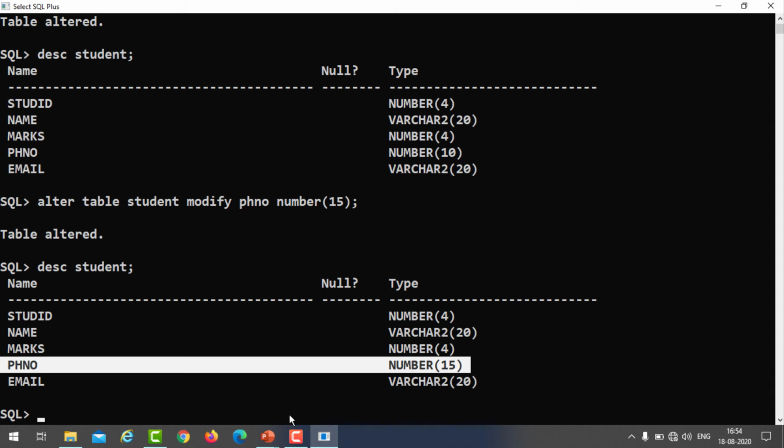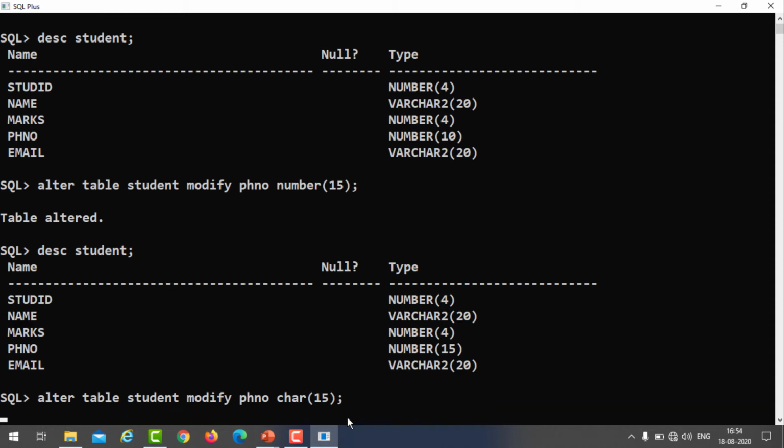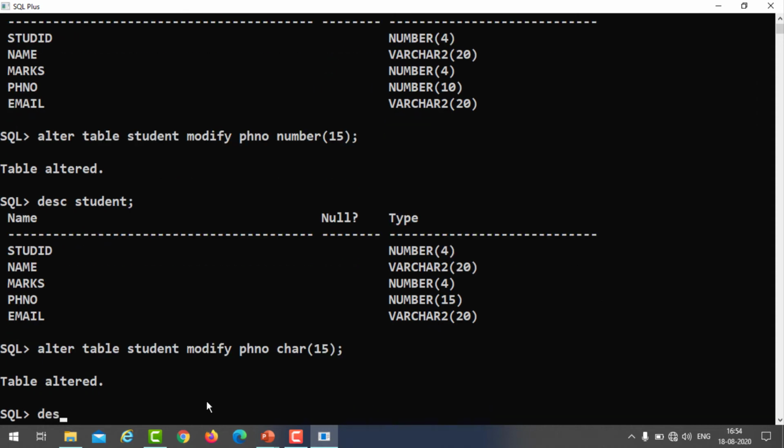See, I don't want to use the phone number as a number, I wanted to change the data type, so I am changing from number to char. You can see same syntax, table is altered. Now you can see the description of student.